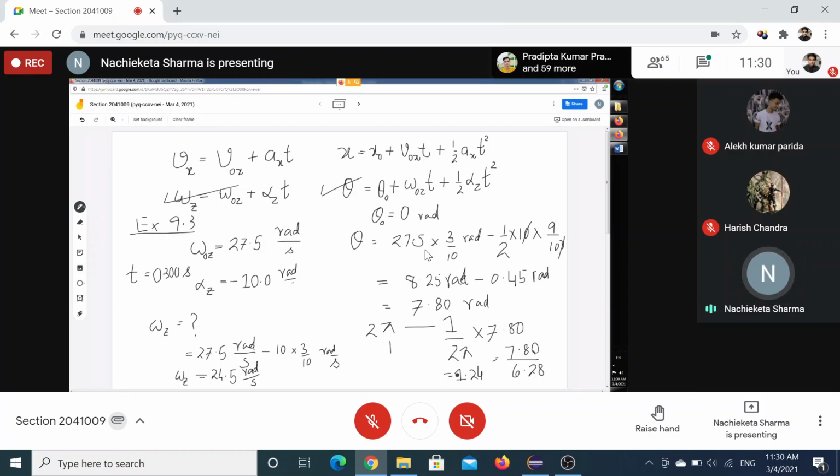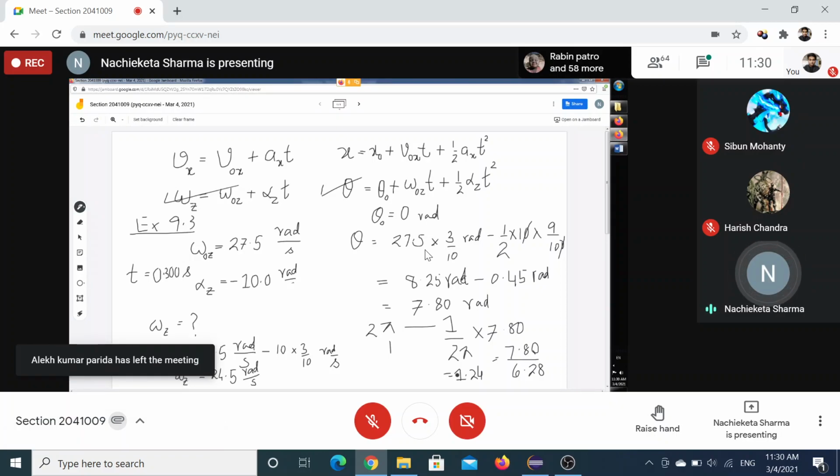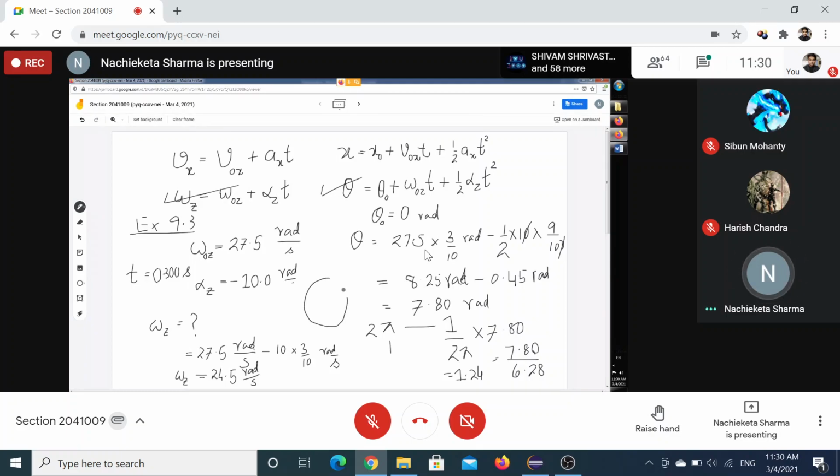0.2. Point 0.2 means 1/5 of another oscillation, or in angle it will be 360 degree plus 1/5 of 360 degree. 1/5 of 360 degree will be how much? 72 degree. So 360 plus 72 degree. That means after completing one oscillation, your PQ line will be closer to the vertical line. That means if this is your x-axis, this is your y-axis, and this is your